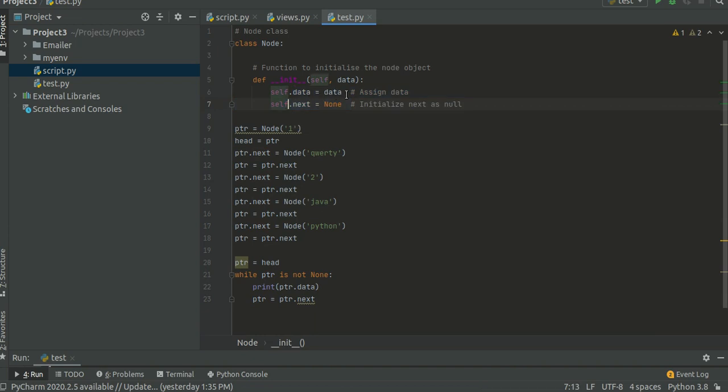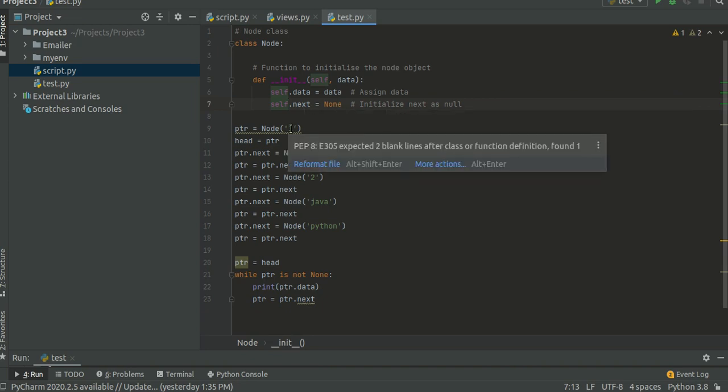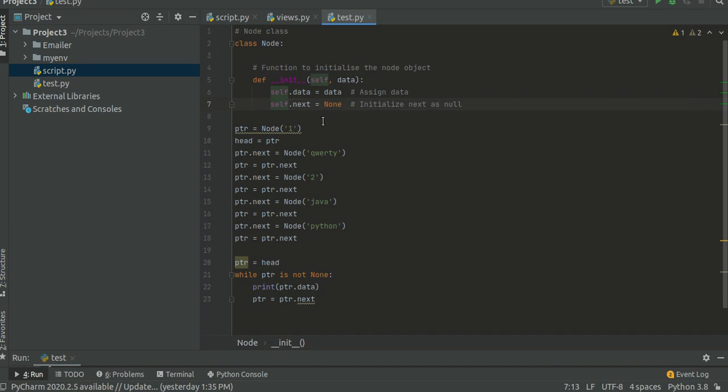We can have multiple variables of it, data1, data2, data3, and multiple inputs will be there. But that's not required. We are giving a simple example, so we will use only one data value, and this is very important, the next value. This will store the address of the next node.